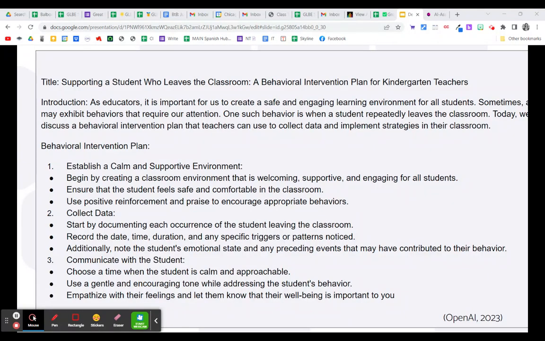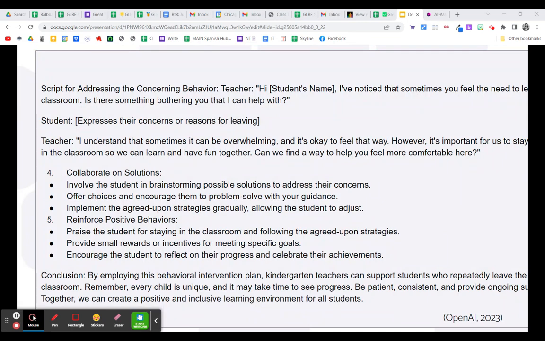Here's one more example. I clicked assistant, clicked behavioral intervention plan, and then I selected kindergarten. And this was a problem that I had experience with occasionally with a couple of students: a student keeps running out of the classroom. So sometimes you'd have runners in our kindergarten classes, and after I clicked add to workplace, it created a plan for helping that student, including even a script for how to talk to the student,